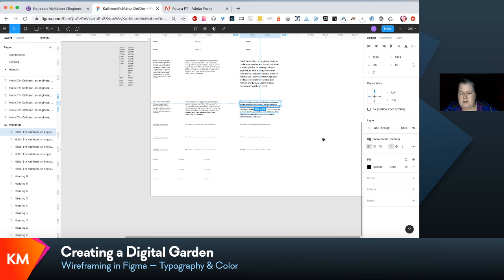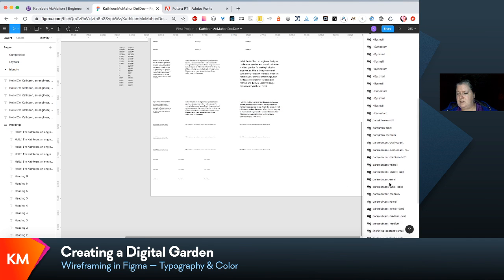Great. Now, if I reorganize some stuff again, we have our post counts. Those should go down near the subtext. And then medium bold could go there. All right, so if we do this even further down,